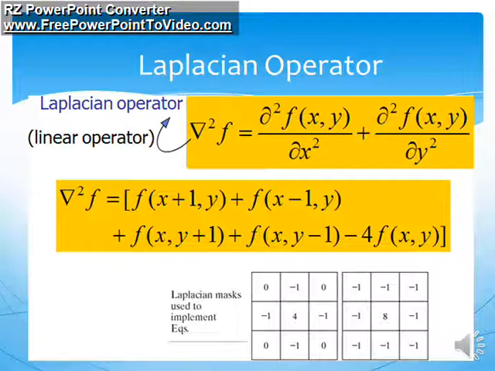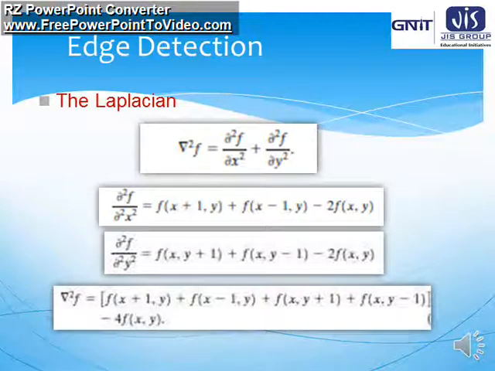So here we can see the Laplacian operator, which helps us to detect the edge. The Laplacian operator has also been given here, and from this we can again see the corresponding value of grad square f, or del square f by del x square plus del square f by del y square, and the individual values have been given, from where we can easily compute the grad square f for this Laplacian operator.